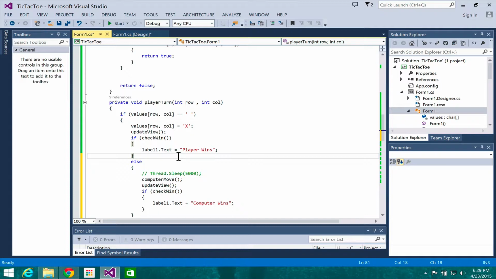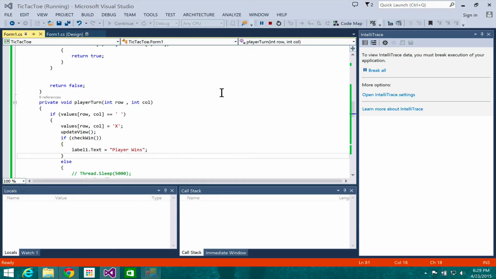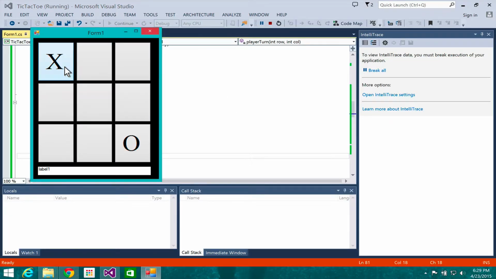If he's already won, then I let the computer move, and then the computer wins on the second move, which is exactly why I had to have 2 check wins. I had to have them separate, but then I allowed it to slip through. All right, so let's try this again. All right, so I get X,